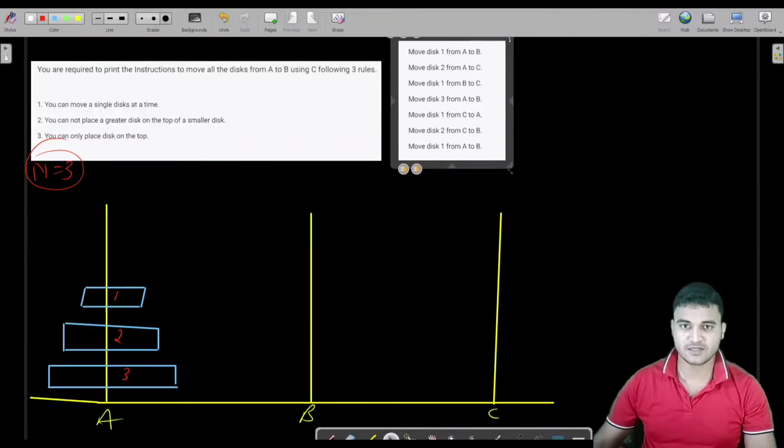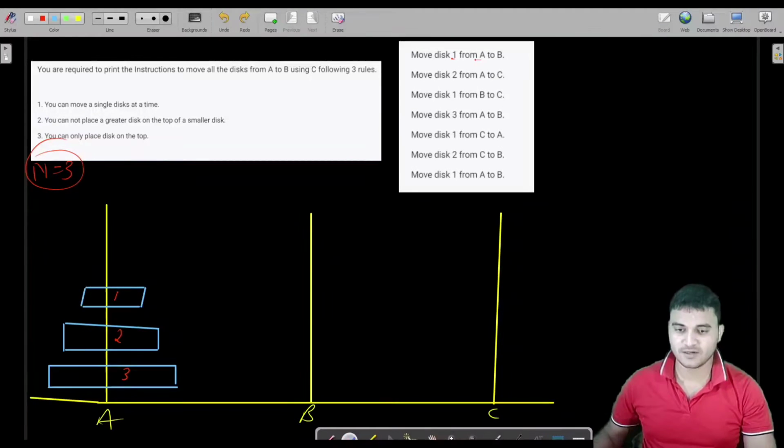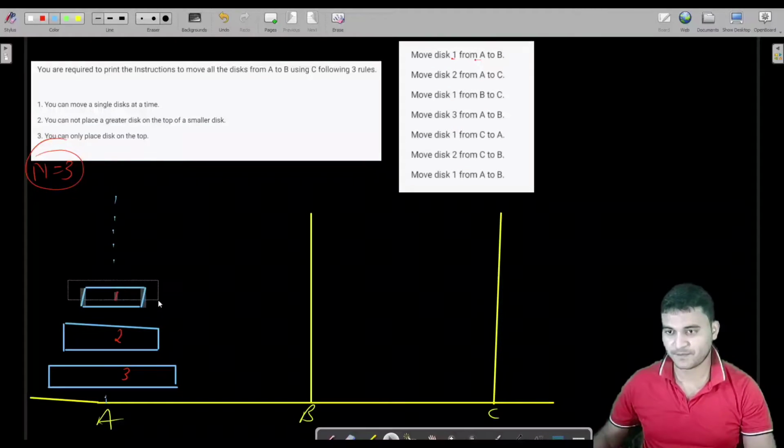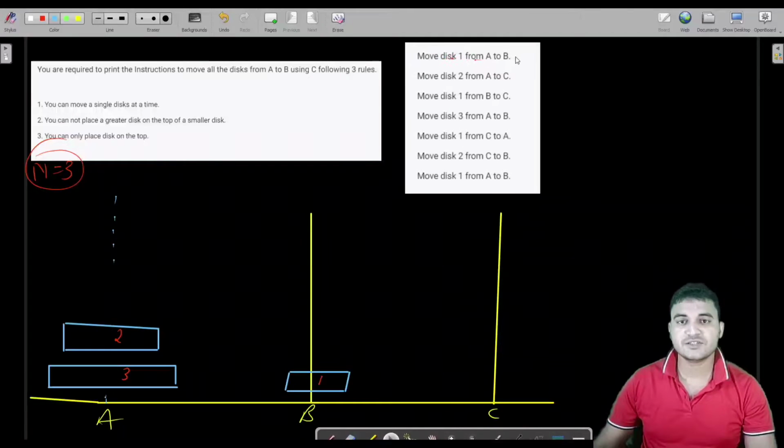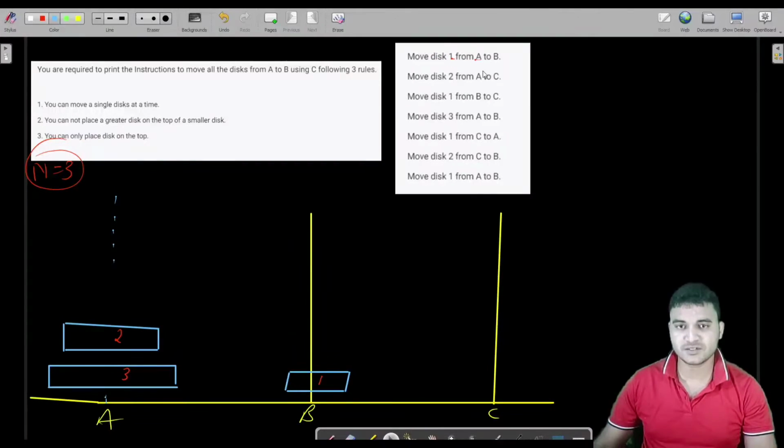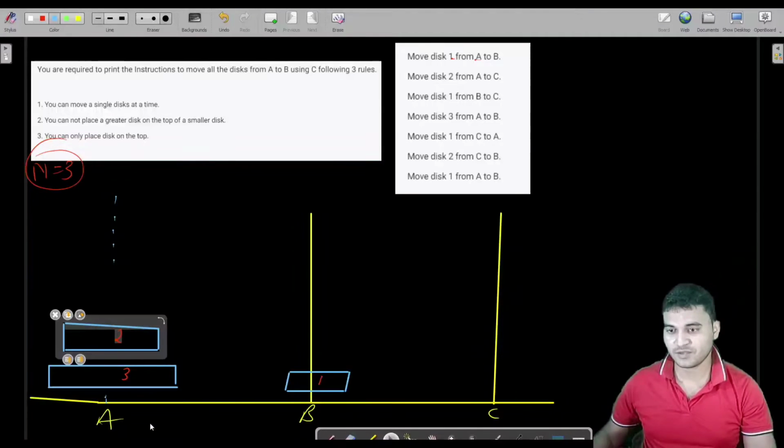Let us see how. Let us read them very carefully. Let us erase this tower actually, this is confusing us. Let us assume here we have a tower. What we have to do, the first instruction was: move one disk from A to B. Move this disk from A to B. This is better, so that is why I have removed this tower. This is your first instruction. The second instruction is: move disk 2 from A to C. This is your second disk. Move it from A to C.